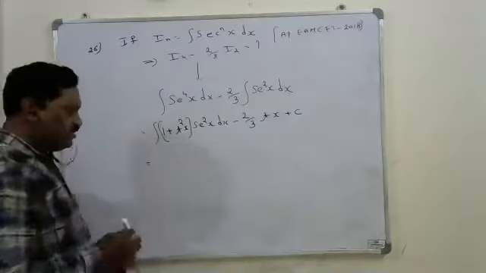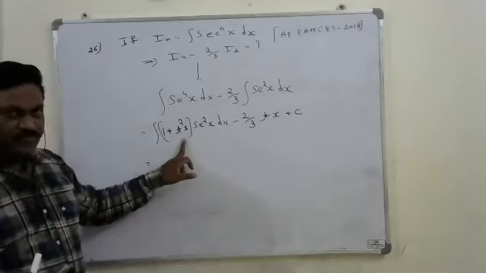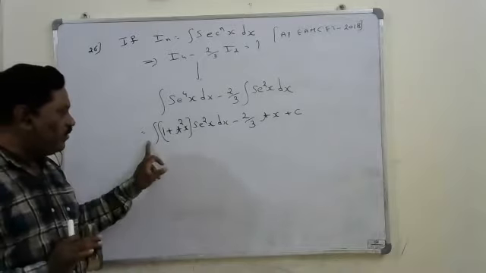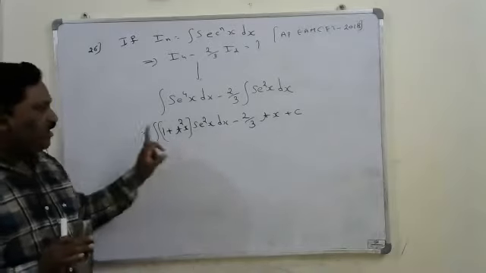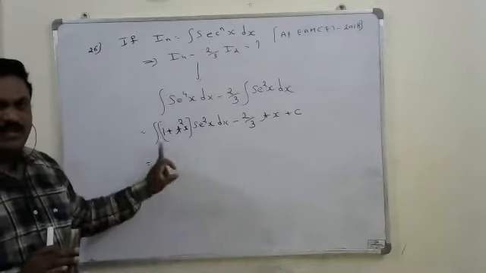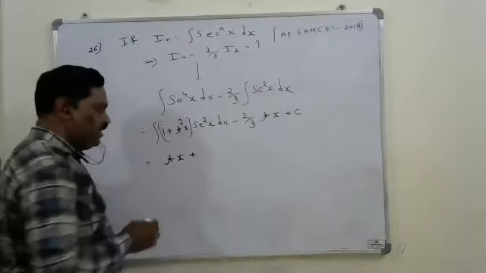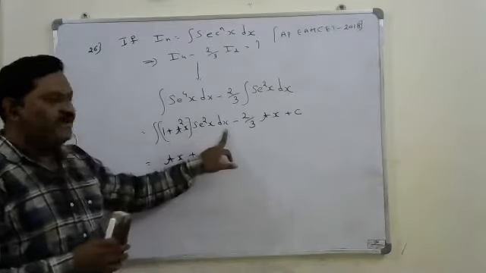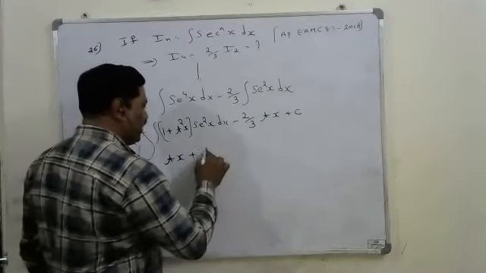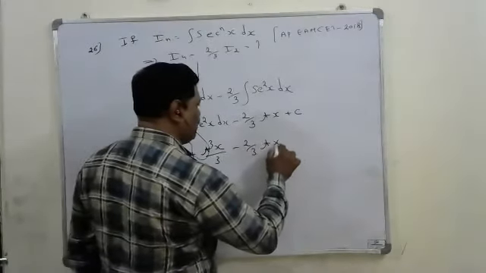Now, if you integrate this, don't try to write all the steps. Here we take tan x as t, then secant square x dx becomes dt. If you take the substitution, this problem becomes integral 1 plus t square dt. So integral 1 dt is t, and t means tan x. Plus the second one is integral t square dt, which means t cube by 3, where t is tan x, so it is tan cube x by 3, minus 2 by 3 tan x plus c.